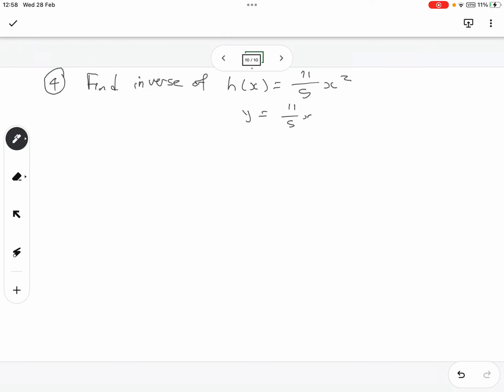If y is 11 over 5 x squared, we swap x and y. So x is 11 over 5 y squared. Then 5x over 11 is y squared. Therefore y is